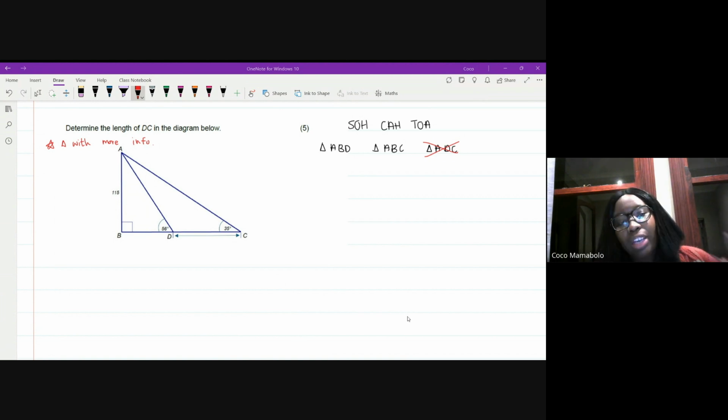Good. So if we look at what we need to calculate for, we need to calculate for DC. In triangle ABD, which triangle is going to get us closer to the thing that we want? In triangle ABD, which side should we calculate for? Good. Emmanuel saying the adjacent side, that's because he's already labeled, which is lovely. Yes, good. So we know that we're going to find BD, but I want somebody to explain,